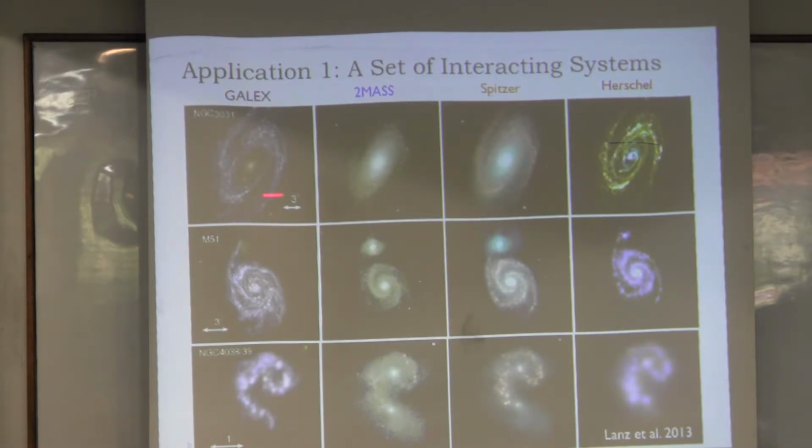And this is observing the same galaxy for each of these three cases in different wavelengths: the ultraviolet, the near-infrared, the mid-infrared with Spitzer, and the far-infrared with Herschel. And then you have systems that are a little bit more disturbed. These two galaxies are interacting, and you start seeing the disturbance of the morphology. All the way to this particular example, what they call the antenna galaxy, where you have a completely disturbed morphology because of the interaction. So we have all of the data, including all the interaction sequence.